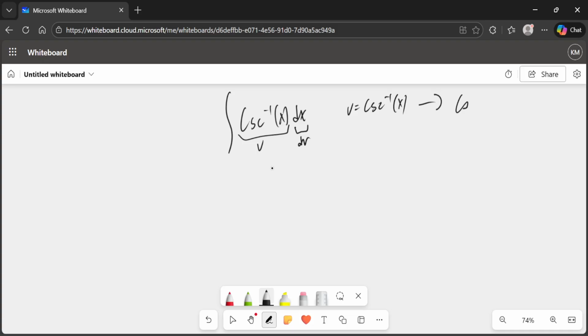So off to the side, cosecant u equals x. Construct our triangle relationship. This is u, x, 1, square root of 1 minus x squared. This is negative cosecant u cotangent u times du equals dx. I should probably just do dx over du equals 1. Cosecant, so that's negative x times cotangent here is,